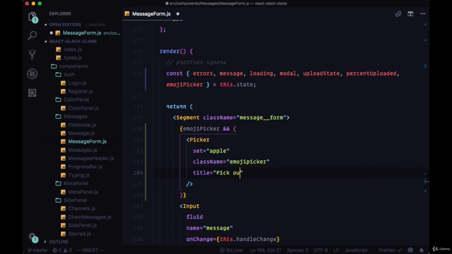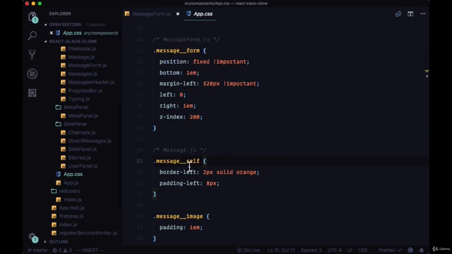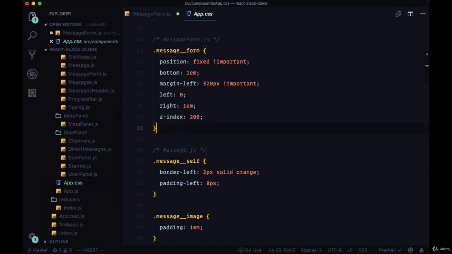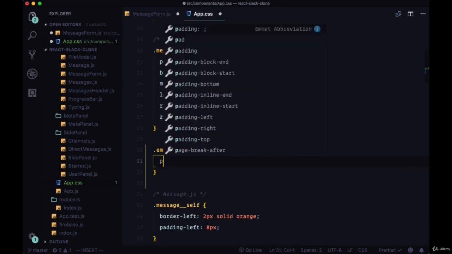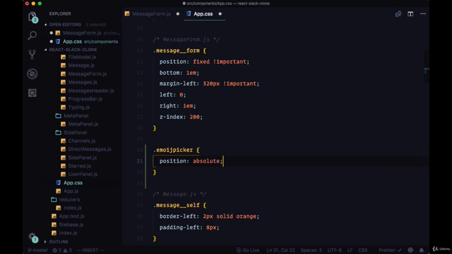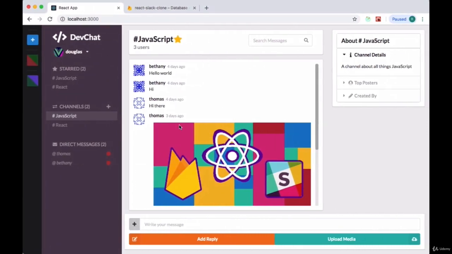We'll attach a class name to it of emoji picker, which we'll create. We'll give it a title value of pick your emoji, and we'll include an emoji of point up next to the title. So now let's create our emoji picker class in app.css, where we just want to set position to absolute. We'll save both of our files,